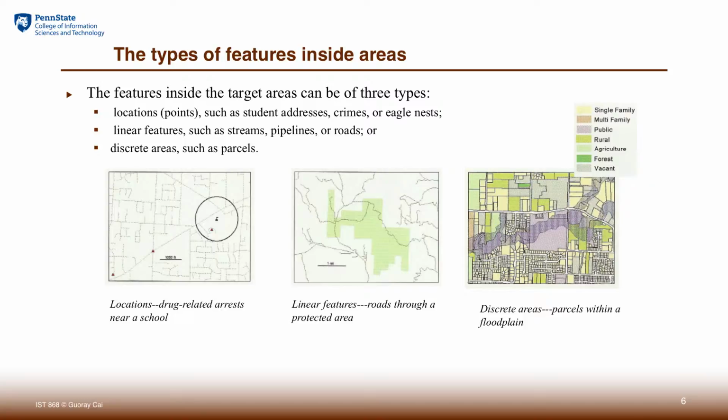And the third type of feature, we call it areal feature. They are discrete objects, but each one of them has an area, a size. For example, a land parcel. Land parcels tend to have pretty significant size, and if you want to find out whether a land parcel is within or part of a floodplain, then we're dealing with this question: what are the parcels or areas of residence belonging to this flood area? So these are the three kinds of features. Each one of them requires very different treatment.